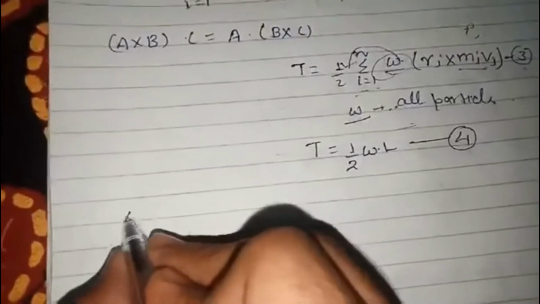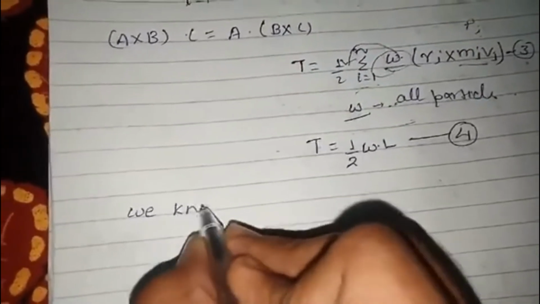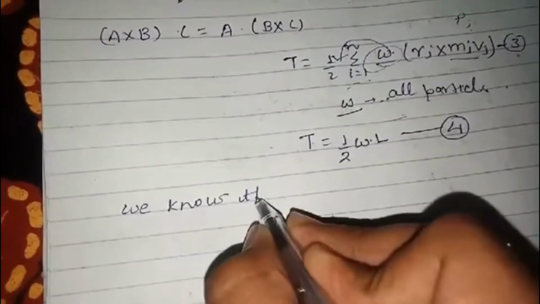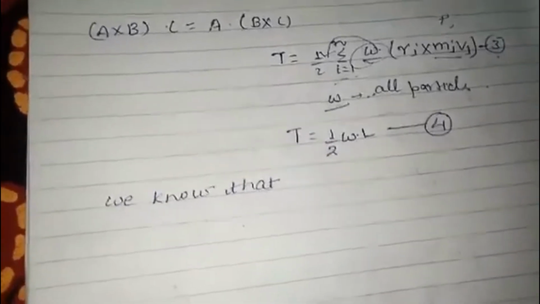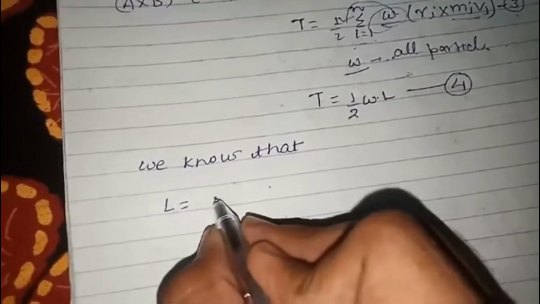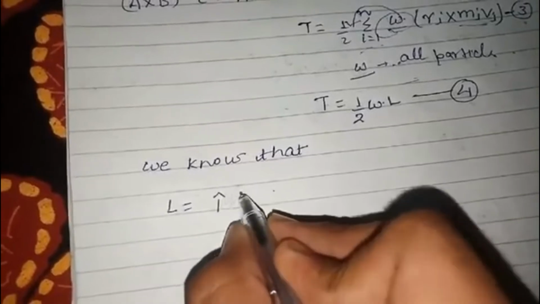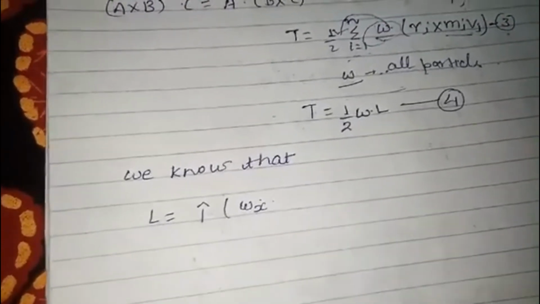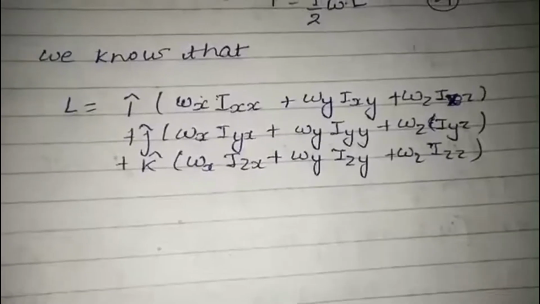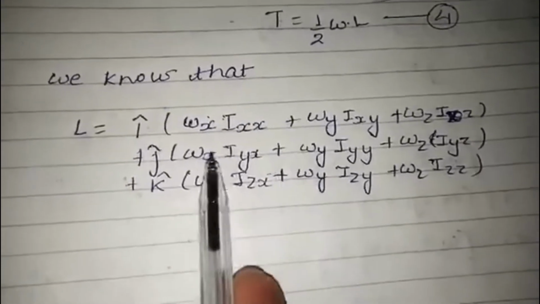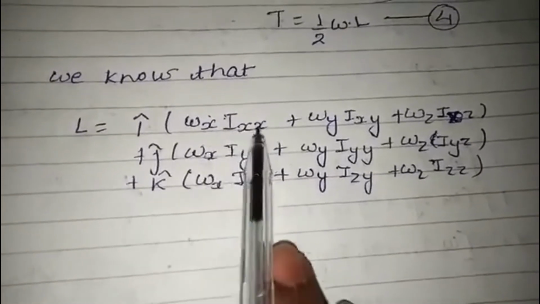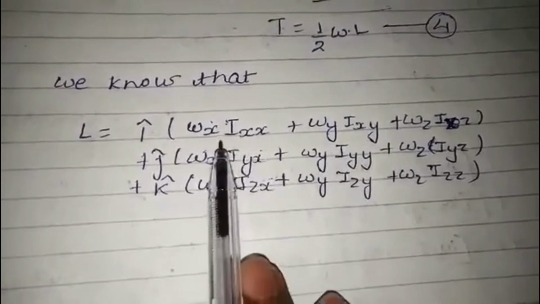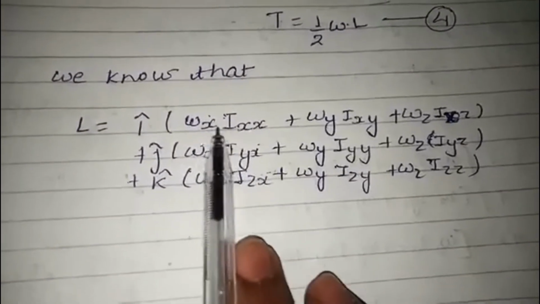सो वी नो दैट पिछले वीडियोस की काफ़ी चीज़ें इस वीडियोस में इस्तेमाल हो रही हैं, तो एक बार एंगुलर मोमेंटम ज़रूर देखें अगर इसे समझना है तो। एल का जो हमने फॉर्मूला निकाला था वो क्या निकाला था, आई ओमेगा एक्स। पहले मैं इसे लिख लेता हूँ, एक मिनट। सो ये मैं लिख चुका हूँ। अगर आप पिछला वीडियोस अच्छे से देख चुके होंगे तो ये फॉर्मूला आपको याद होगा।